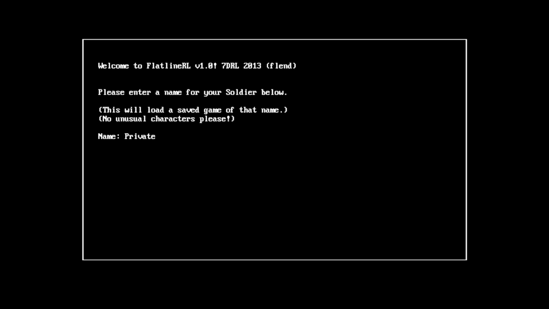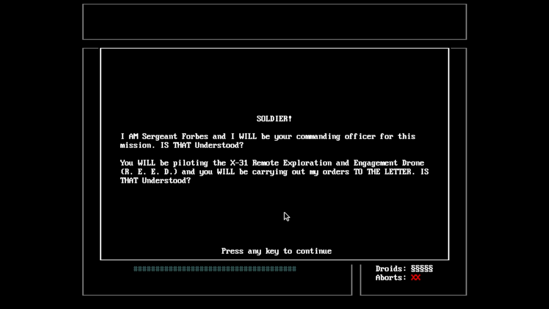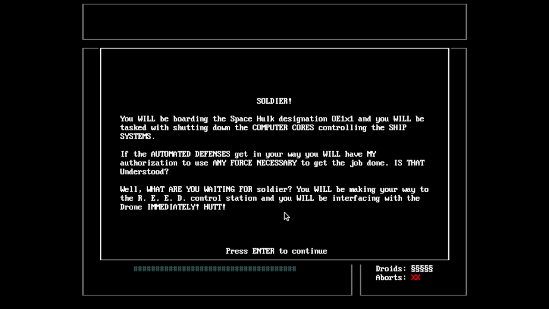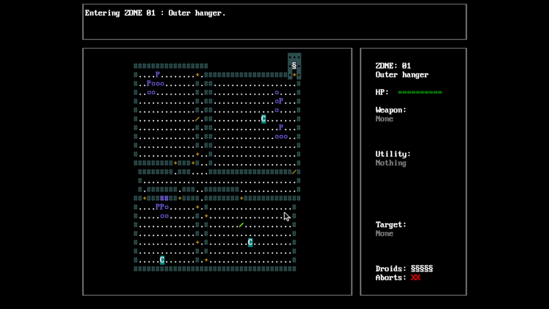Alright, let's go to downloads. We'll go to FlatlineRL here. And it's perfectly loaded over here, so it's awesome. I am Private DFuxa. And sure, we'll keep the help on. Alright, we'll go back to the beginning here. Well, I guess the save function didn't exactly work out as I hoped it would, but it just goes to show sometimes these 7-day roguelikes have issues. So that's just one of the ones for this one here. All right, well, we're just gonna quit,